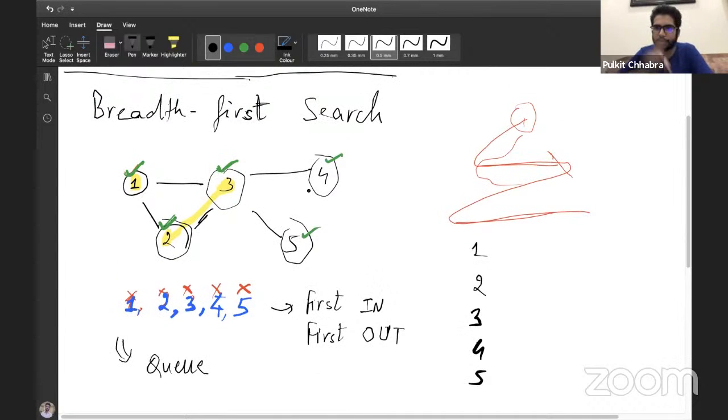Just because we are doing breadth-first search, so first neighbors, then neighbors of neighbors, and so on and so forth. All right.